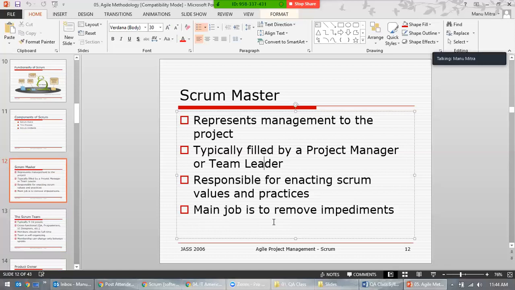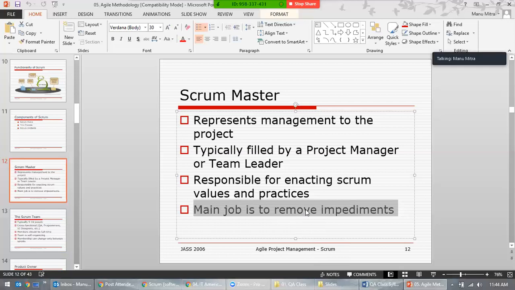They may not really know, because the way the team is moving, they may have shifted to a new methodology. Let's say they are working on waterfall and suddenly they move to agile and Scrum. So they don't know the real responsibilities of a Scrum Master, developer or tester. In that case, you need to make them understand: this is the job of a Scrum Master, to remove impediments. That's the job.